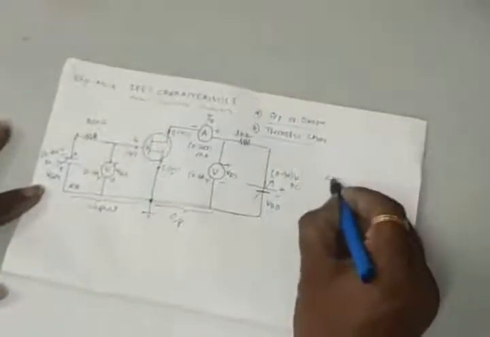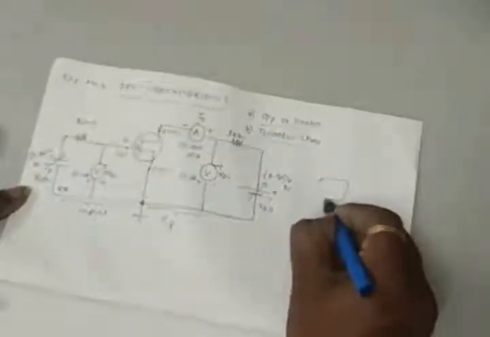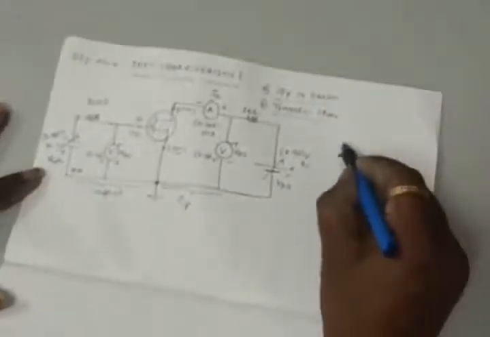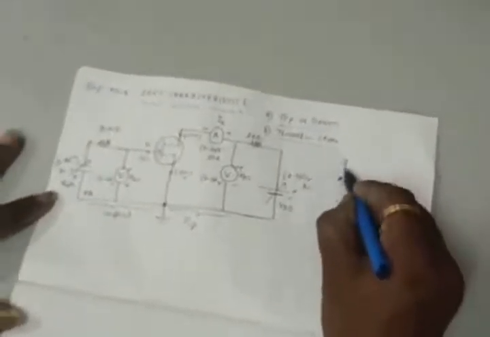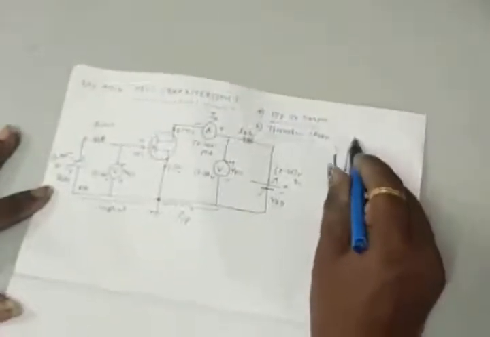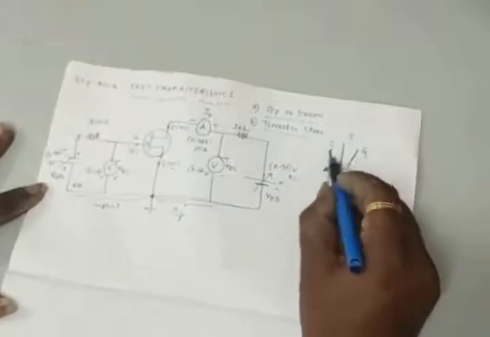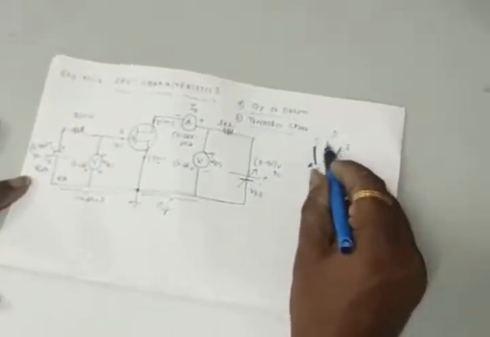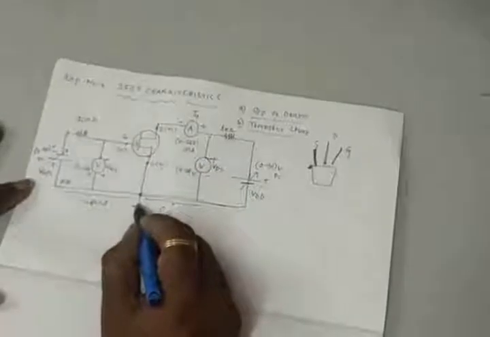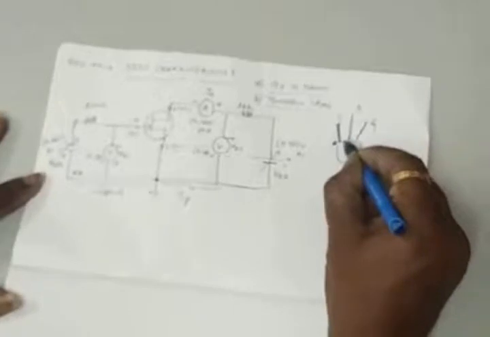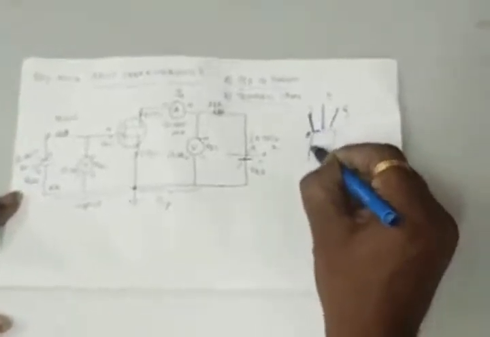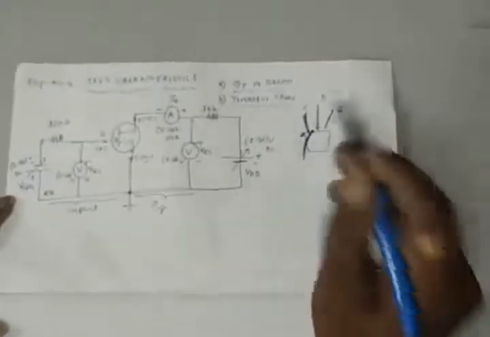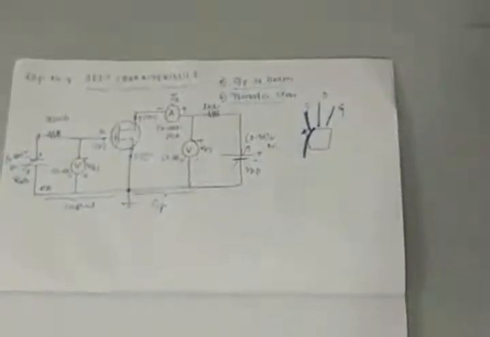Then I am going with the characteristics. How to identify the terminals of a JFET? This is a notch, and very near to the notch you will find source, and the immediate next one is what? Drain. Next one is what? Gate. So we have to make source common for drain and gate, and it has to be grounded. And it will have one more terminal, but that one we are not using. We can call it the substrate. We are bending it, like this. Right? Then this is the FET.